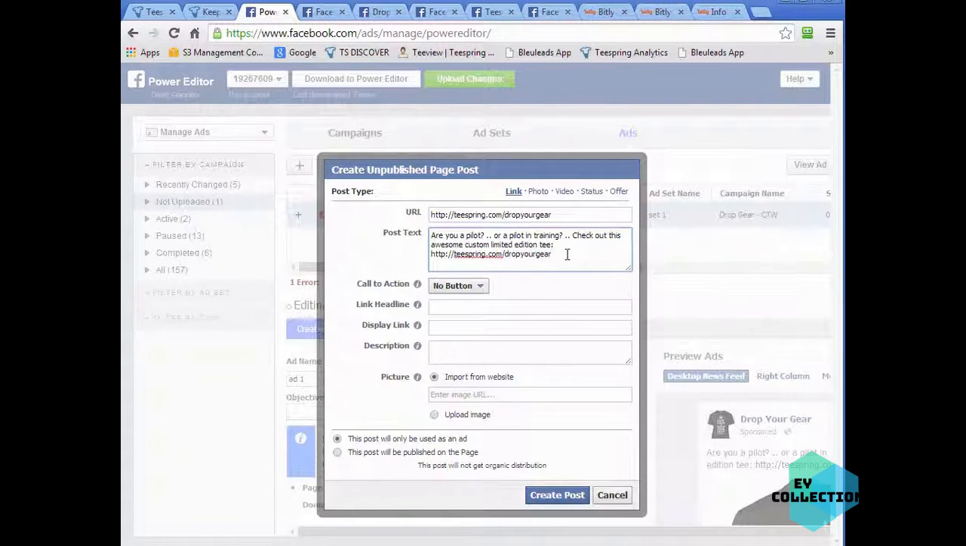So I can put a link in here as well as text, whereas in the Ad Manager, they don't allow you to do that. So I'll do that. And a button, I don't know if a button really helps or not, but I'm just going to leave it. Shop now is the only one I really put in there, so I'm not going to put one in for now. The link headline, I usually put